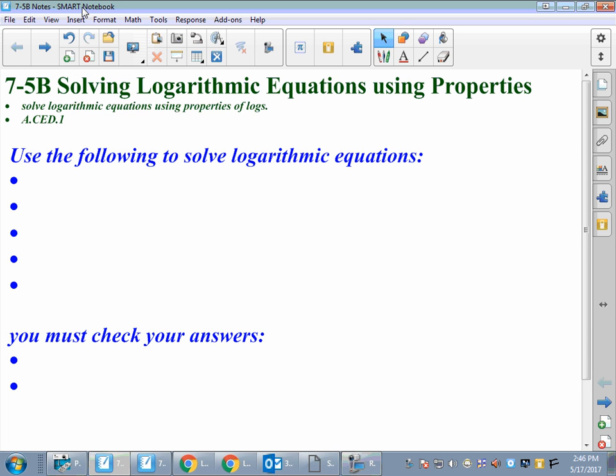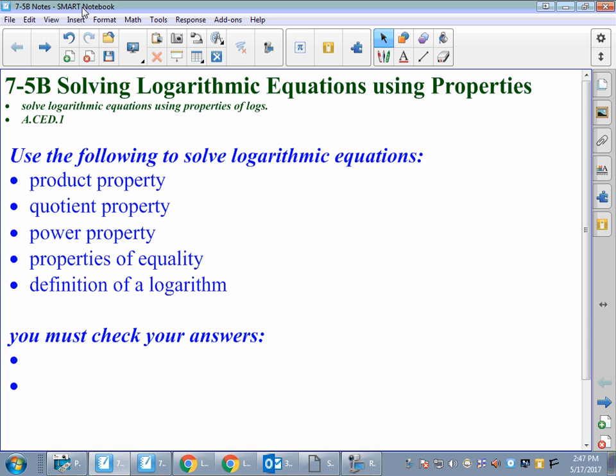These are your 7.5B notes on solving logarithmic equations using properties. We're going to use the same properties we already went over, but the reverse ones. So if we see it expanded where there's 2 logs, we actually want to create 1 log. They're going to show us addition, subtraction, or multiplication of logarithms, and then we're going to condense it into multiplication, division, or power. So it's kind of the reverse way of using these